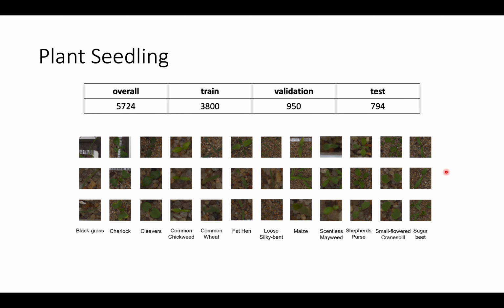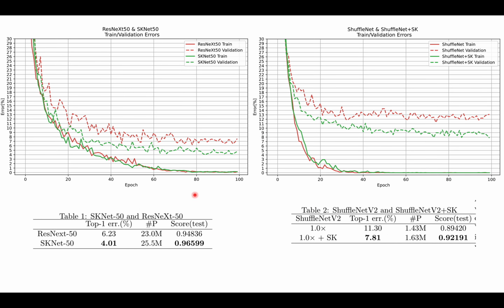In order to test the effectiveness of SKNet and skconv, we test them on 2 datasets. The first one is plant seedling from Kaggle, because we did not have enough time and resources to perform experiments on ImageNet. We chose a small dataset to do 2 contrast experiments: SKNet 50 and its counterpart ResNext 50, as well as ShuffleNet plus SK and original ShuffleNet, which is a